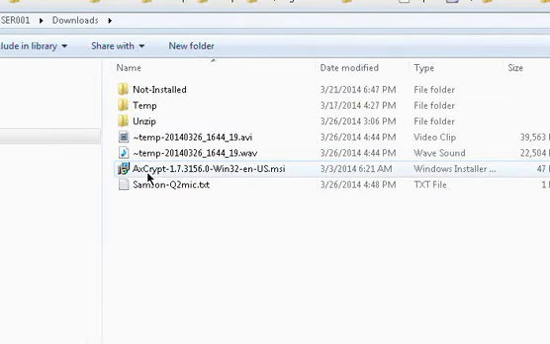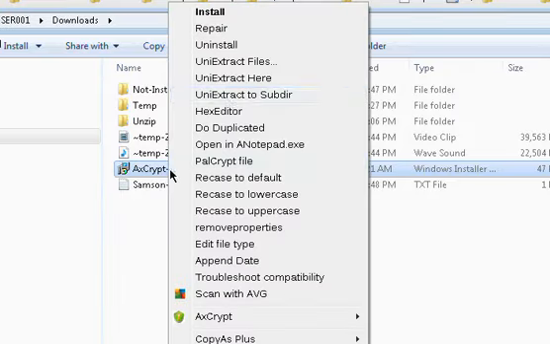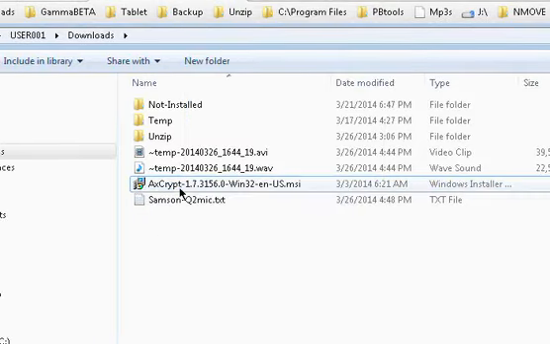Okay, this next program is called universal extract, and once you set it up, it runs again from the context menu, and you'll see uniextract files here, uniextract to subdirectory. So I'll just go ahead and take the axcrypt, this version,